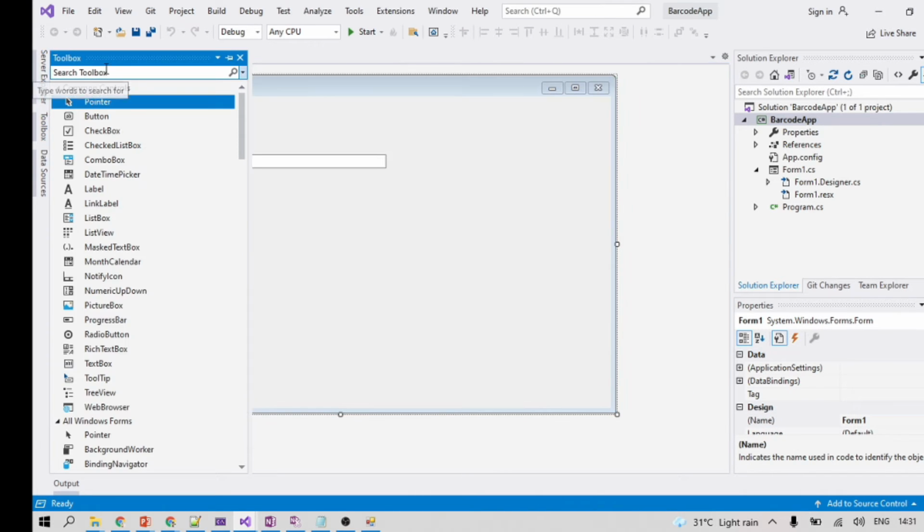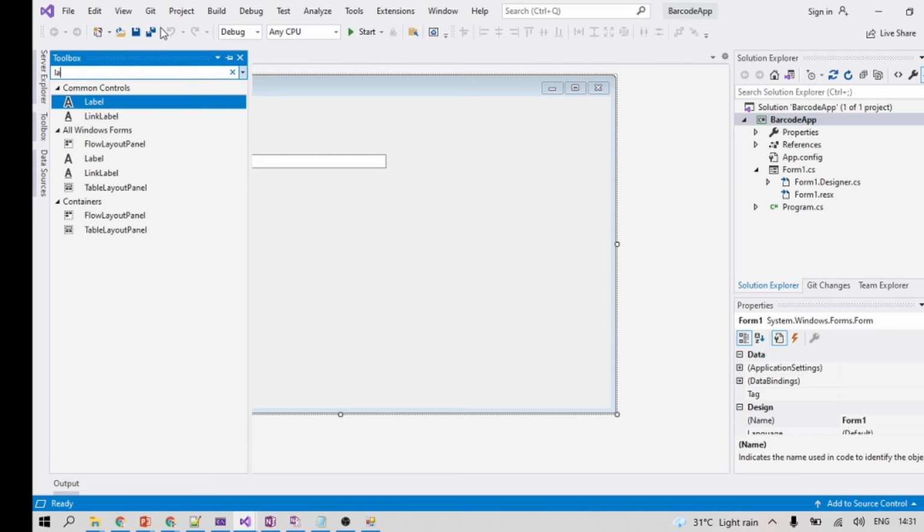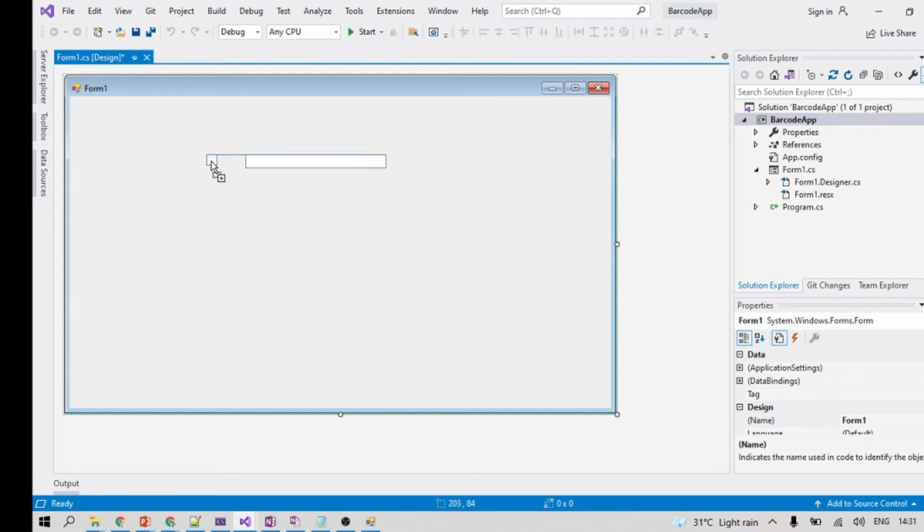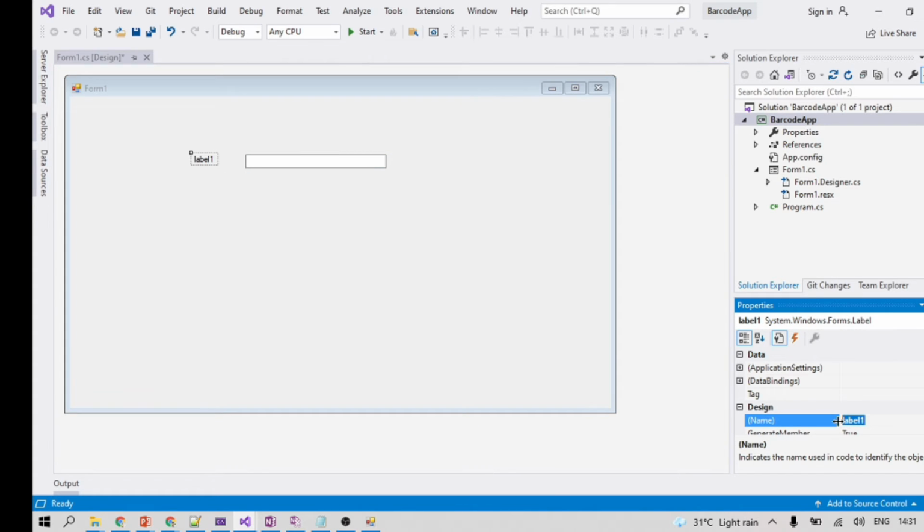I'm also keeping one label here, so that we can see whatever input we are giving. For label 1, we don't need to change the name, we need to change the text.